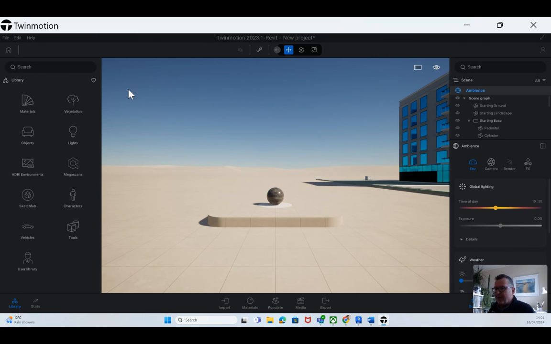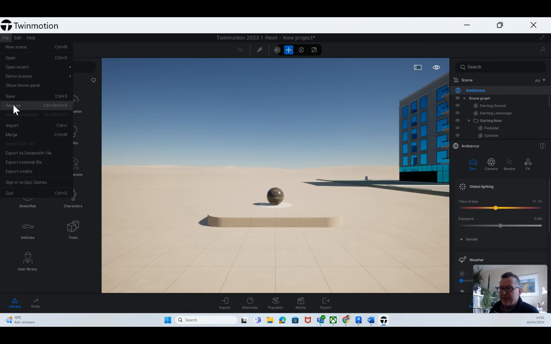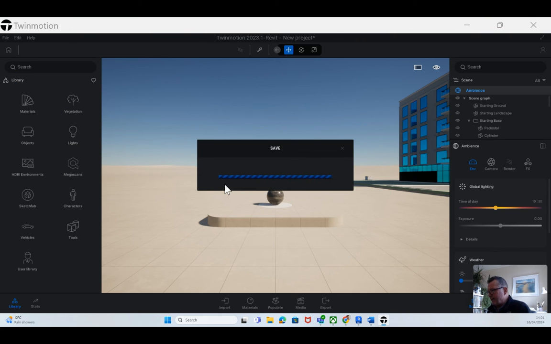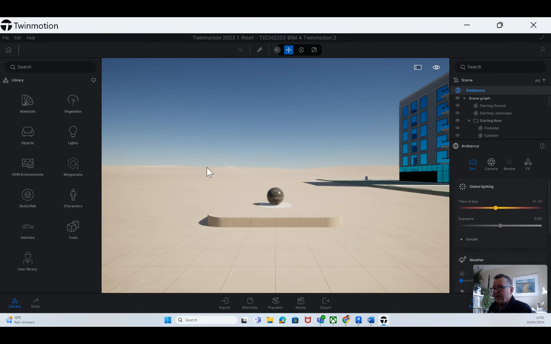Now, as soon as you got this open, you're going to go over to File, you're going to go Save As, and this is going to save this as a Twinmotion file. I'm putting it into a folder where I will find it, and I'll just call this 2, and I'll hit Save. So that is connected. Now, that's going to finish this video, and I'll come back and do a couple more with you and show you how we can populate the environment. I'll show you the GUI here, how we're going to use that and how that is used. And I'll explain to you all the different tools that are here. And so that will be in video number